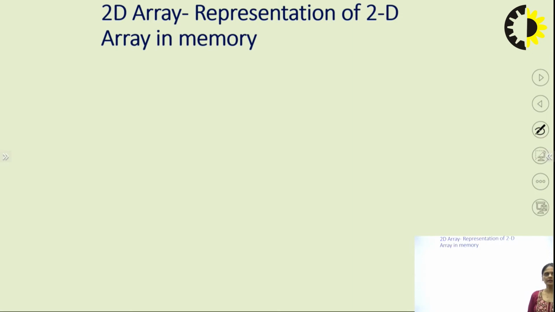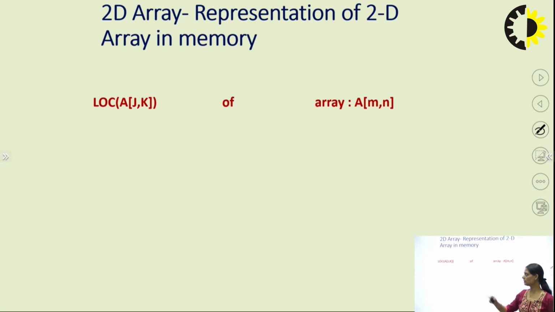Now, representation of a 2D array in the memory. How can we represent a 2D array inside the memory? Let LOC be the location, as we have seen in linear arrays also. Over here also, in two dimensions we have two index numbers, row and column. So if we need to find the location or the address of the jth row, kth column of an array named A, then